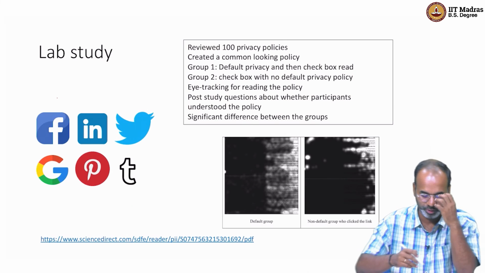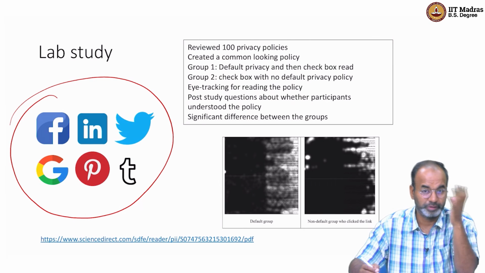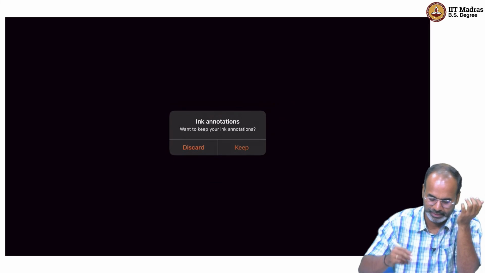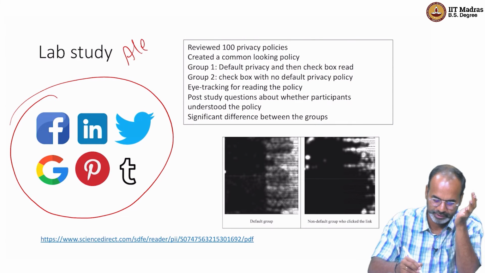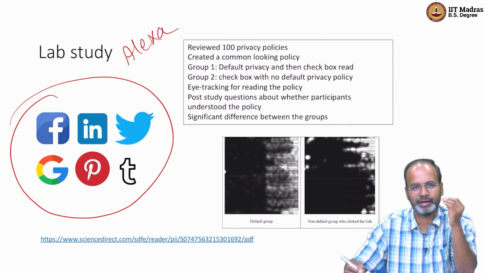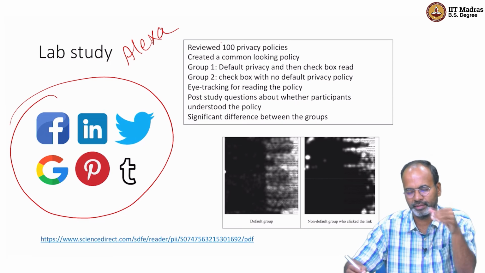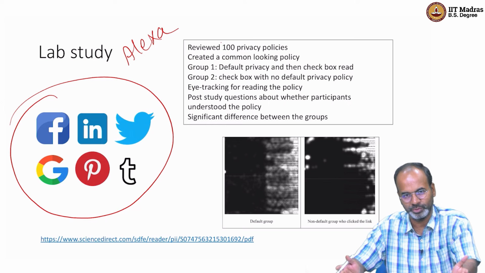The interesting thing that they did was they looked at like 100 of these privacy policies of different kinds. They took the Alexa ranking websites. Alexa is not the Amazon Alexa that you would know, but this Alexa of Alexa ranking, which gives you, let's take for now, the top 100 websites that people have accessed in the last 1 month. You can get the data about, let's take in India, what are the top 10 websites that people are going to. So they took the top 100 websites around the world or in the US that people are accessing,